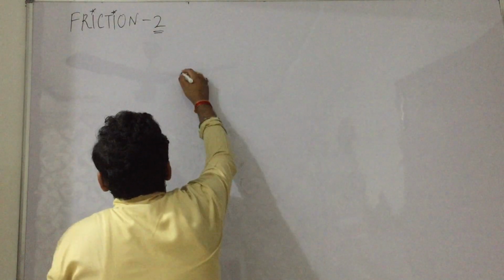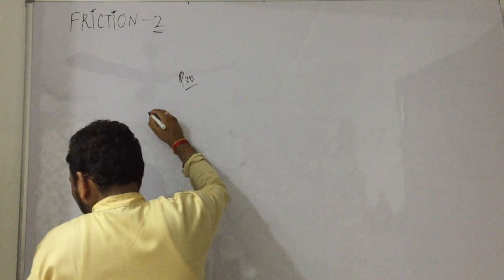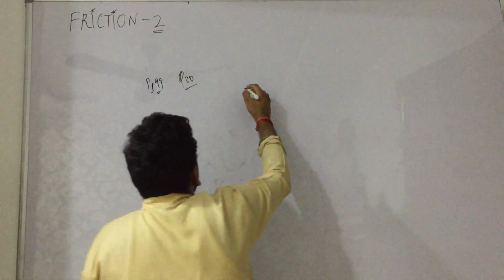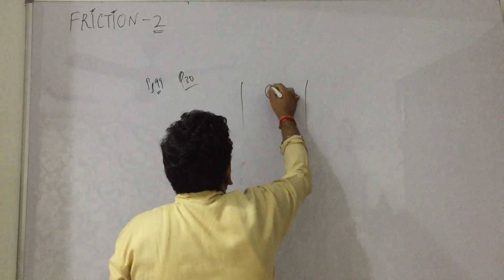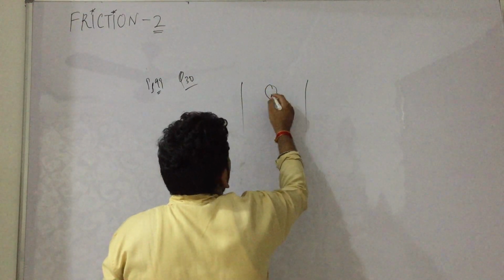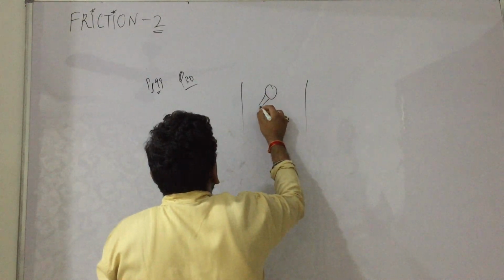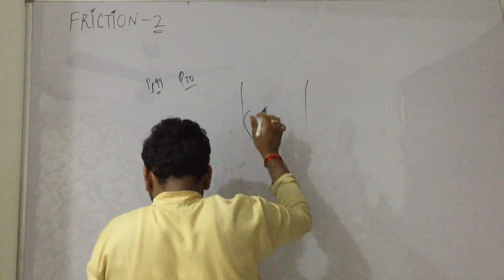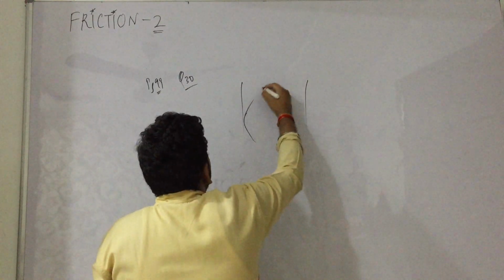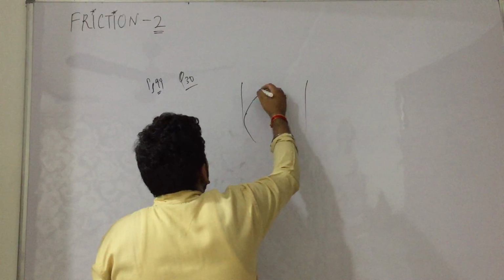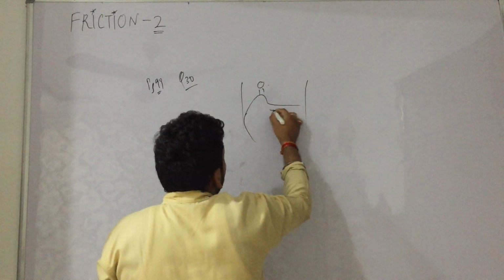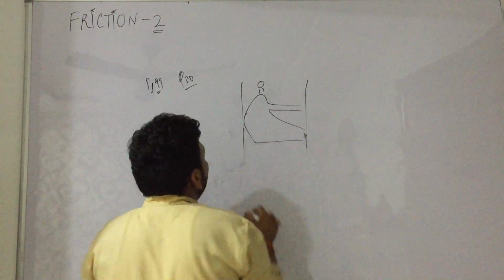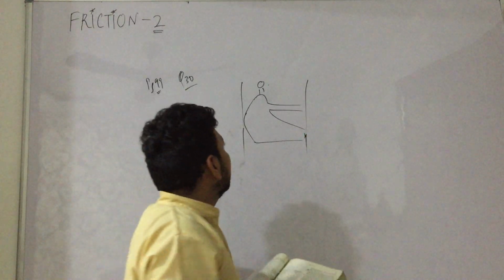Question number 30. Let us take question number 30 from page number 99. So a man is there and I don't know what he is doing, but he has somehow made himself in this position. Why and how, I do not know. Please don't laugh at the diagram. This is the diagram.